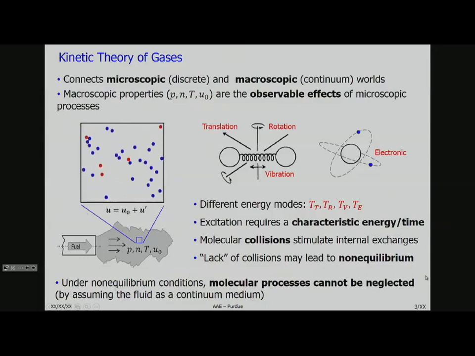The first thing, kinetic theory of gases. This is probably some of what you studied. It connects to microscopic and